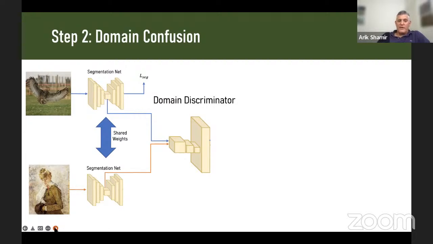And then we constrain the segmentation network to use only features where you cannot distinguish between those two domains. And this allows us to train the segmentation better, so that it will use only features from the art movements that are still usable also in the photographs.